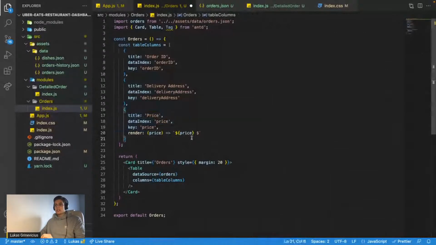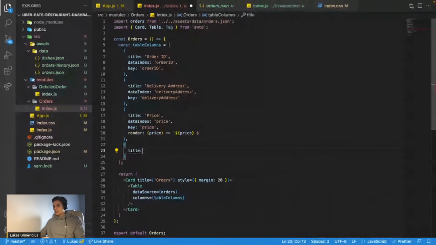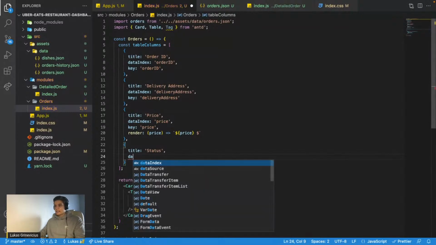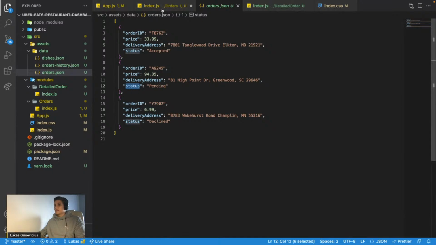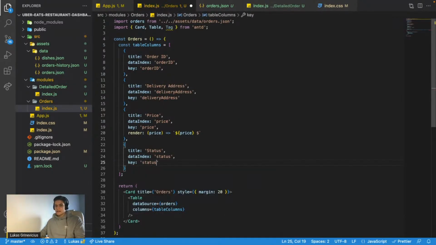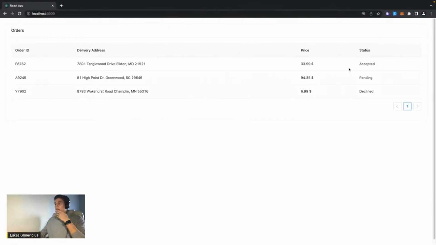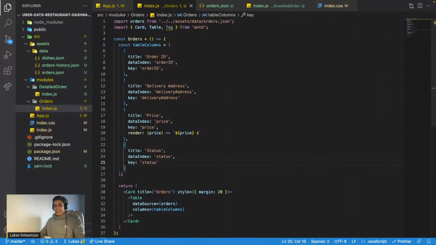And last but not least, we need to render the status of an order. So let's give a title, status. Then data index will be, I think it's simply status as well. Yes, it's simply status. And key as well. Let's save it. Voila. But as you can see in our design, we want to add at least a little bit of style. So make this different colors, which will already give a lot more personality to the